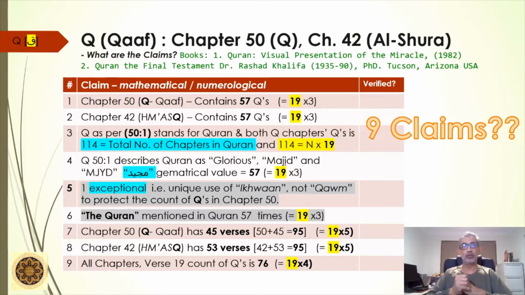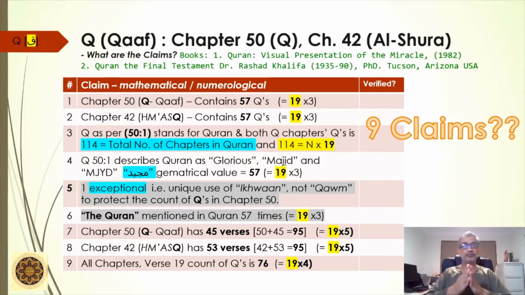So we'll do a query on that to validate that. Number 7 and number 8 are very similar. We had a look at that. Basically, you take the chapter number and add the number of verses and you get a number. In this case, chapter 50 has 45 verses, so you end up with 95. 95 is divisible by 19 exactly. The other Qaaf chapter, chapter 42, has 53 verses, so 42 plus 53 is 95, again